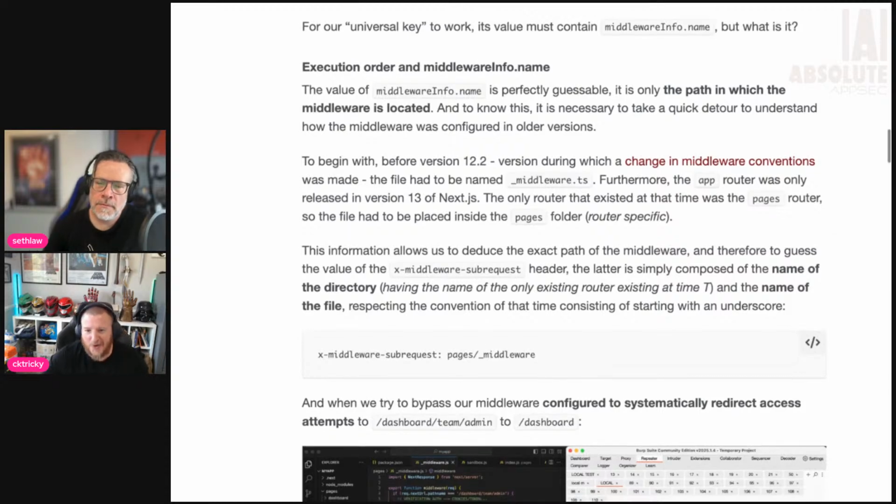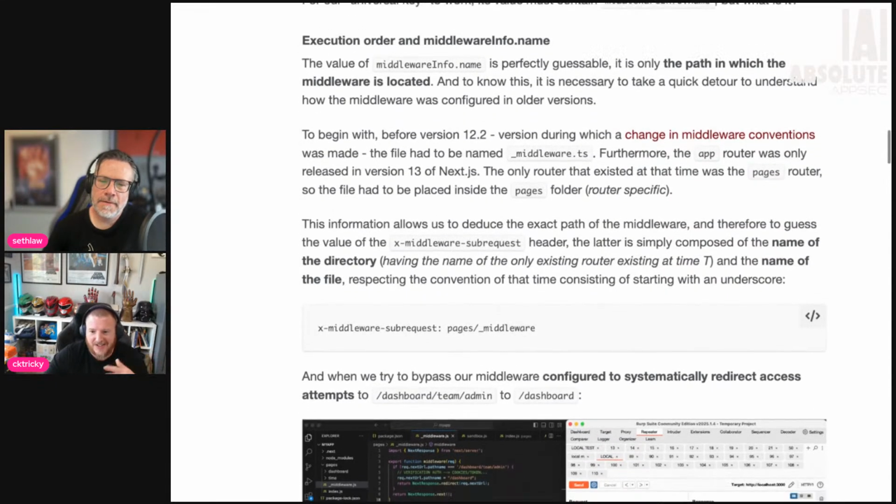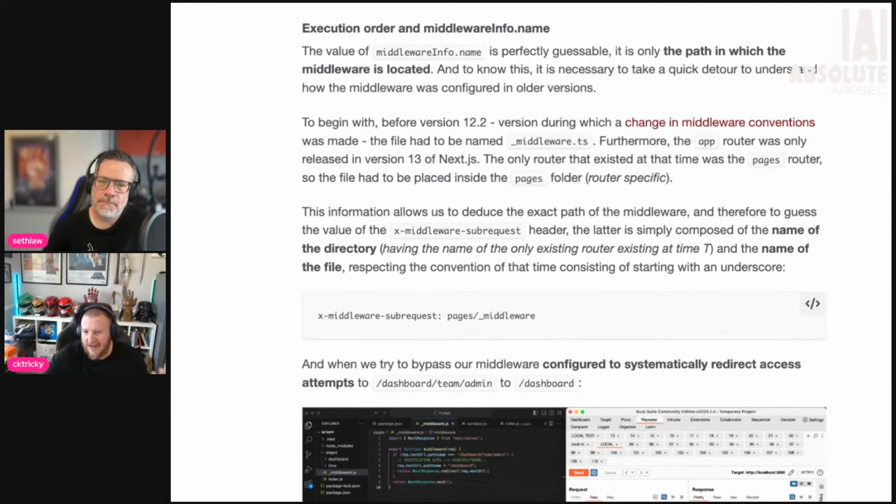It's not the hardest thing in the world to figure out, and this is one of the downsides of being highly specific with your naming conventions and with where things are placed. We've seen this a lot with Ruby on Rails, when CVEs get released and there are exploits that require at least knowing the location of an important file. For instance, with Ruby on Rails, there was this render thing where you could render any file.